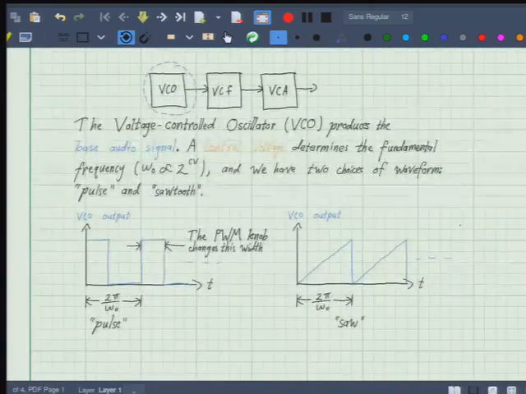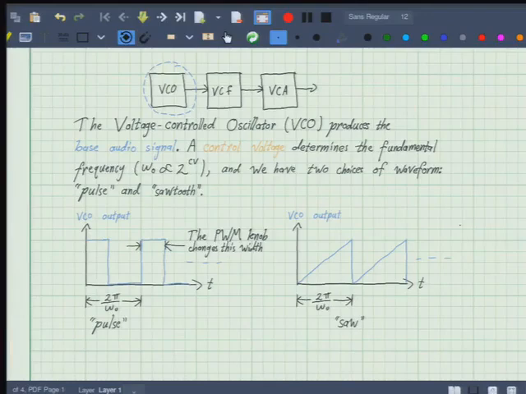So the first of the audio-producing modules is the voltage-controlled oscillator, or VCO. In circuits class, have you all looked at oscillators before? I don't think we touched on them in 16B or anything like that. Okay, well, the good thing is we're not going to do a whole lot of circuits today. Basically not at all, except for a little bit of diving through history later on, maybe.